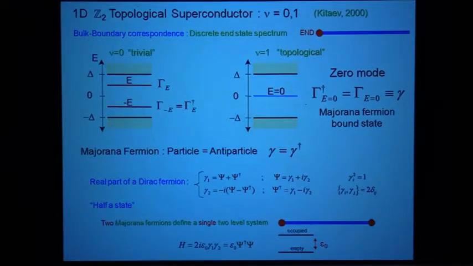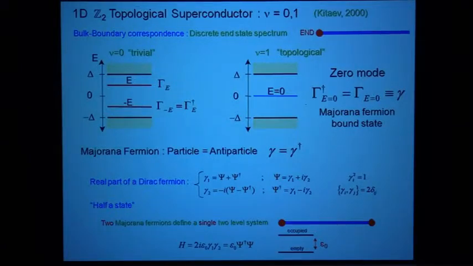But if you have this state exactly at zero, then you can't get rid of it, because if you tried to move it away from zero, then its partner would have to appear out of nowhere. That can't happen continuously, and so this zero mode is topologically protected,